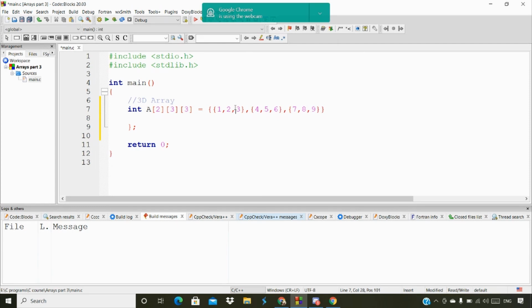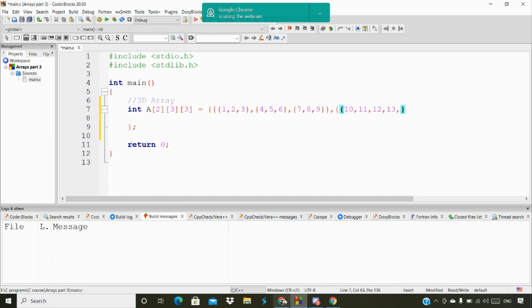Within this I'm going to give one more open and close curly bracket for one more table. Here I'm going to mention 10, 11, 12, 13.